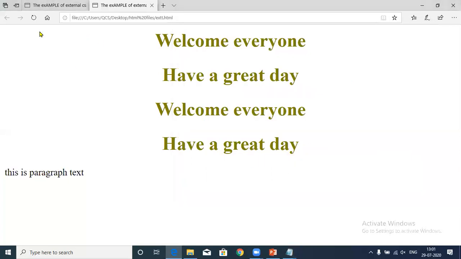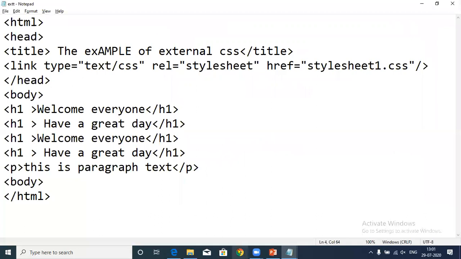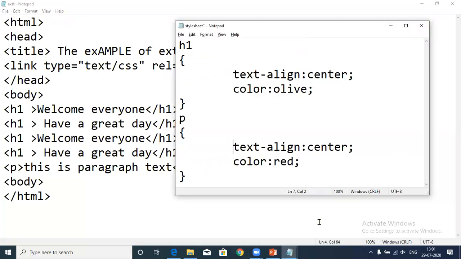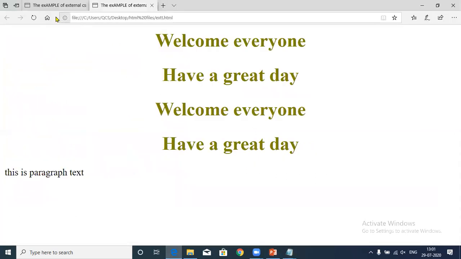You need to simply refresh the things here and the changes will be applied to your page. Let me save. Okay, let me refresh the things here. Okay, you can see the changes are done in this particular HTML file. So whatever you want to define about the CSS, you can do things this way with the external CSS. Thank you so much, everyone.